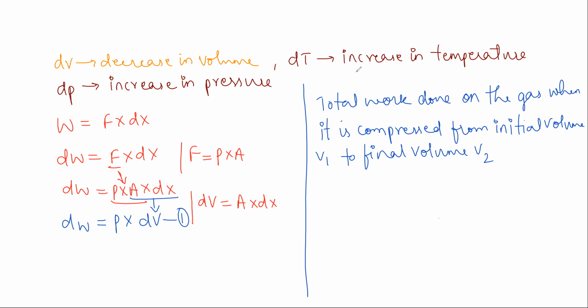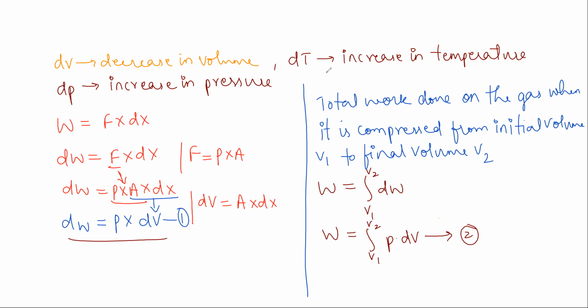So how do we represent that? So that is represented as W is equal to integration of V1 to V2 of dW. How can we write this? Integration of V1 to V2 of dW can be represented as P into dV. So let us consider, because look, what is dW? P into dV. Substitute this. So next, for adiabatic process